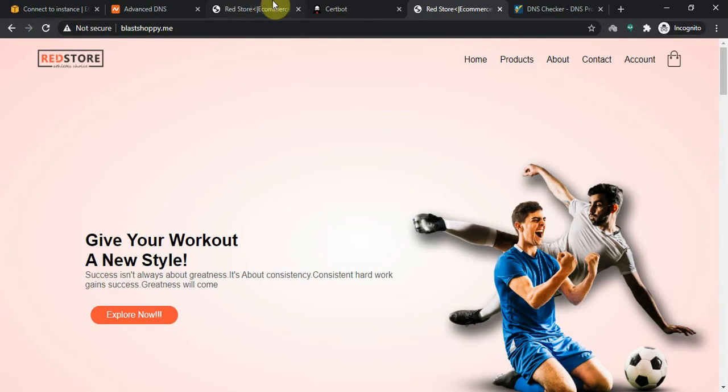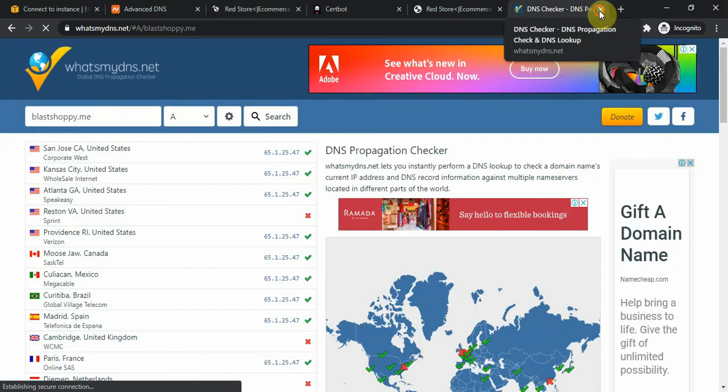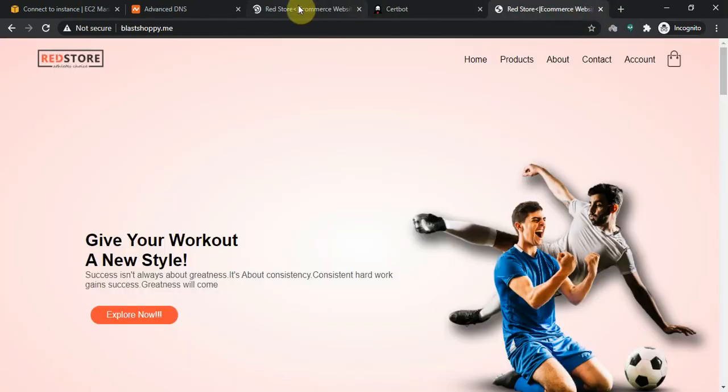Same, this also same, right? So till now we have successfully done our domain connection part. Now we have successfully hosted our HTML CSS website and connected our domain.